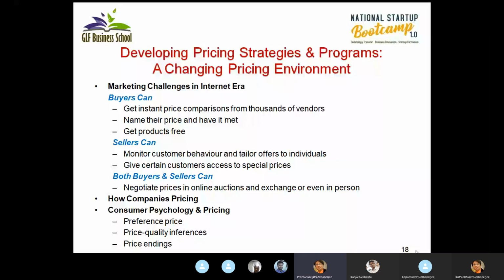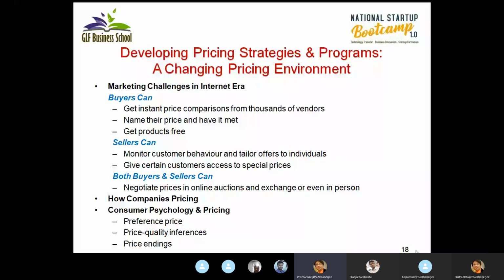The changing technological environment has also impacted the pricing decisions. For some years, the internet has been changing how buyers and sellers interact. Here is a short list of how the internet allows sellers to discriminate between buyers and buyers to discriminate between